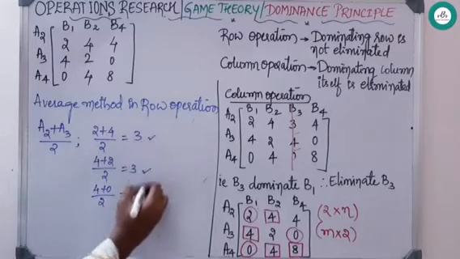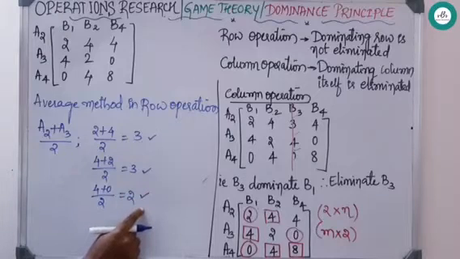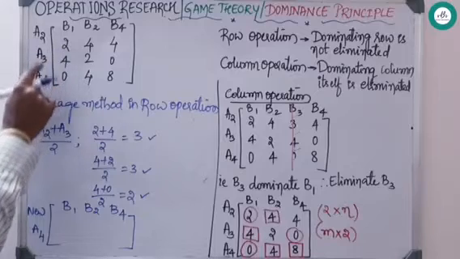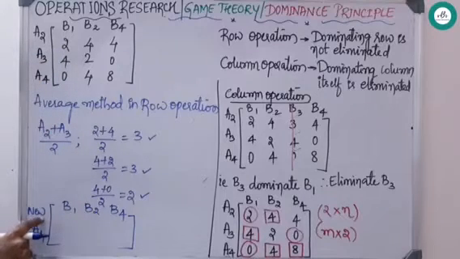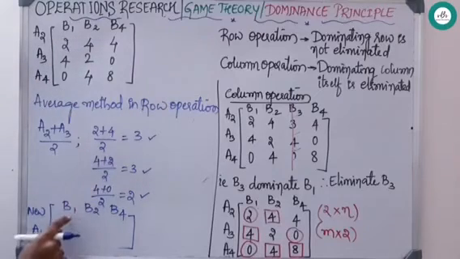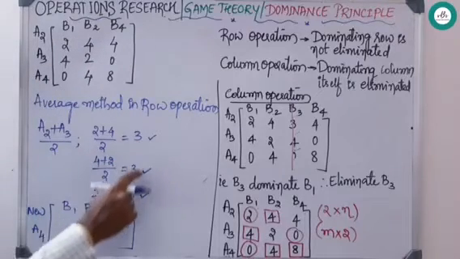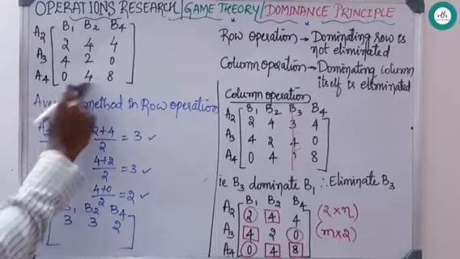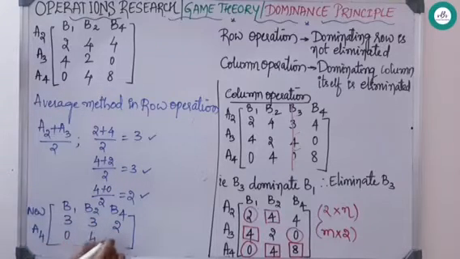So we have landed up with new values. That is the average of A2 and A3, I will call it new, and take down this A4, and this column remains the same. In the new row you write down whatever values you get: 3, 3, 2, and this is 0, 4 and 8. Now we shall perform a row operation.